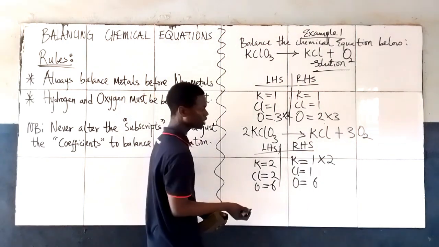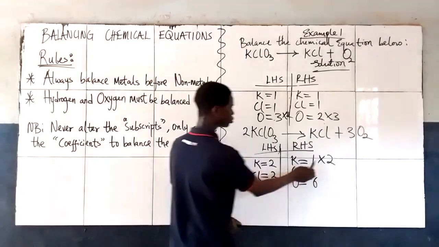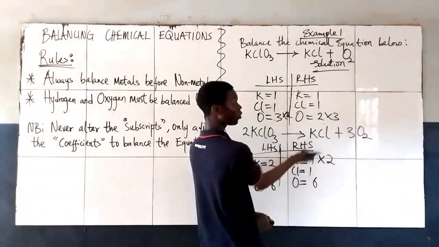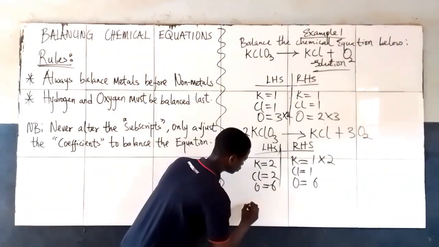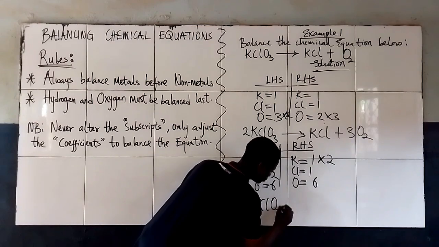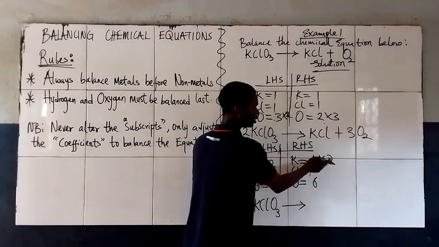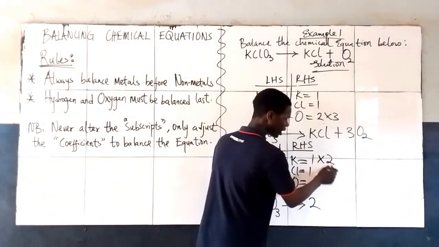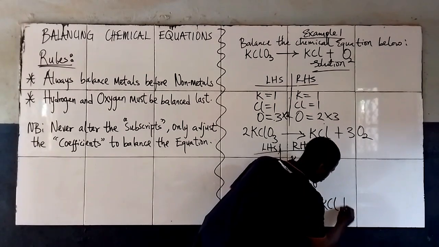So in this case, to make it balanced, I will times here by what? 2. Because if you times 1 by 2, it will become this same 2. So any guy that is carrying potassium on this right hand side will be times with what? 2. So how will it look like? 2KClO3 giving rise to, who is carrying potassium? It's not O2, it's KCl. You will put 2 as the new coefficient. Are you seeing that? These 2 that you're adding will now be the new coefficient in front. 2KCl plus